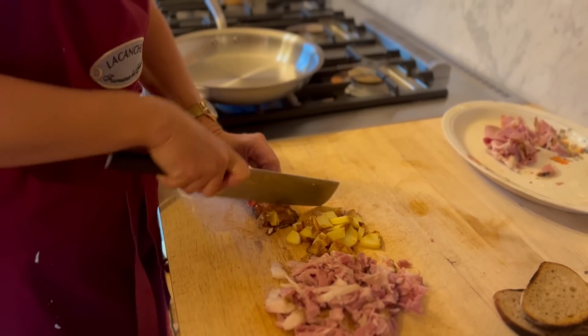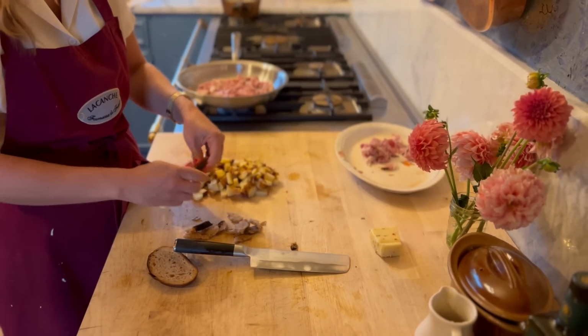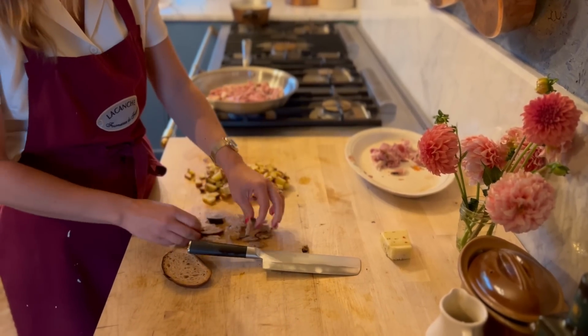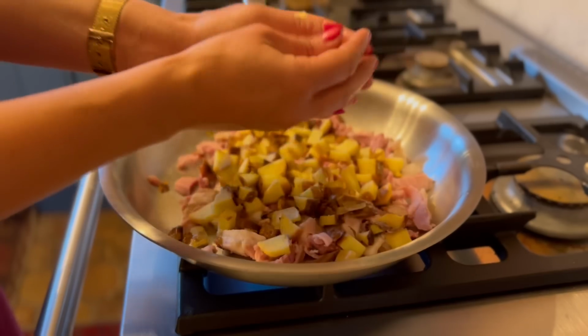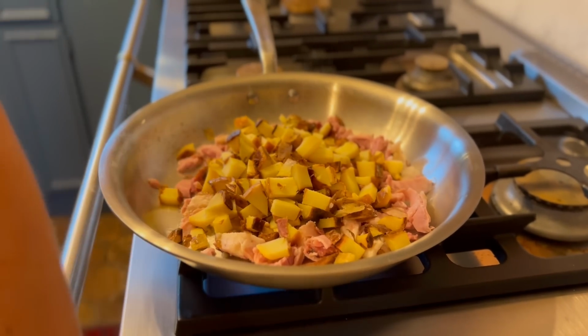So today I'm actually going to make a frittata for breakfast that's made from some leftover Sunday ham, some leftover roasted potatoes, and a few pieces of stale bread. But with a little egg and a little bit of cheese, this is going to be revived into a beautiful new meal. This is kind of part of that home economy that can be really difficult to teach homemakers who